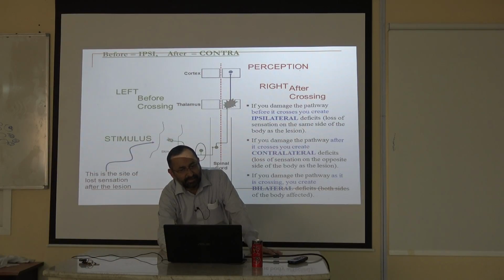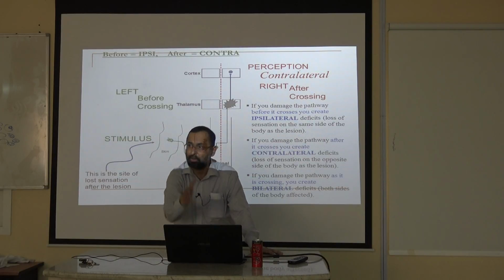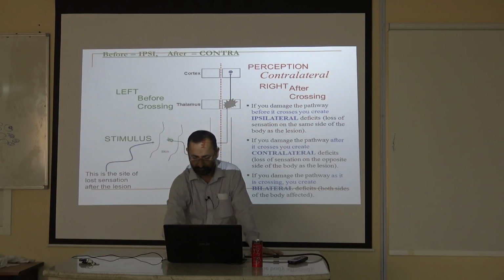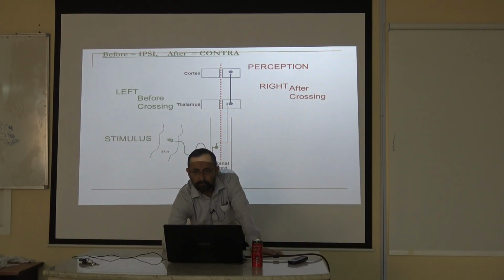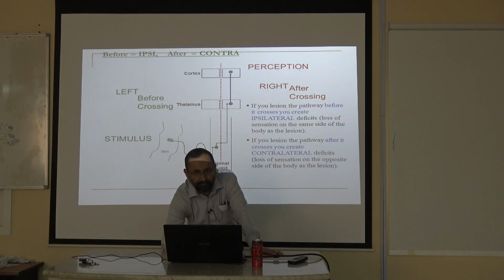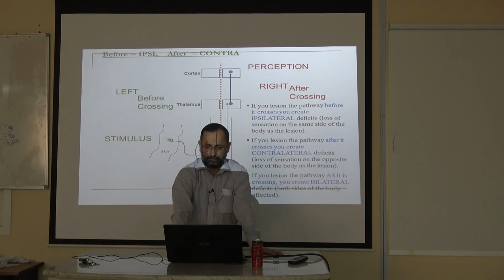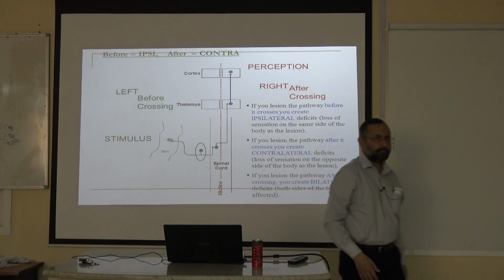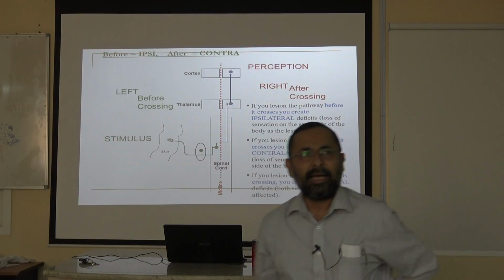If you are damaging this area or the thalamus area, then what will happen? It's a contralateral loss. Even if you damage the thalamus area, because now it will go to the same side. Okay. Same thing, nothing special. You need to remember the basic principle. Now you tell me, you are damaging the